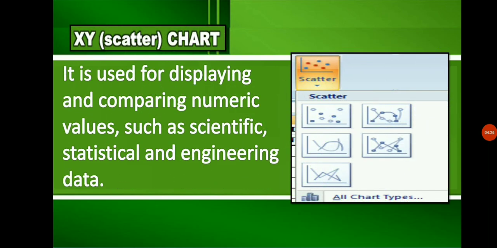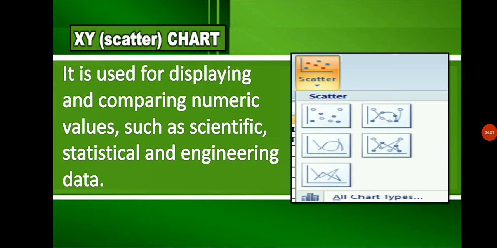Next is the XY or scatter chart. It is used for displaying and comparing numeric values such as scientific, statistical, and engineering data. The data is arranged in columns and rows and can be plotted in an XY or scatter chart. Scatter charts show the relationship among the numeric values in several data series, or plot two groups of numbers as one series of XY